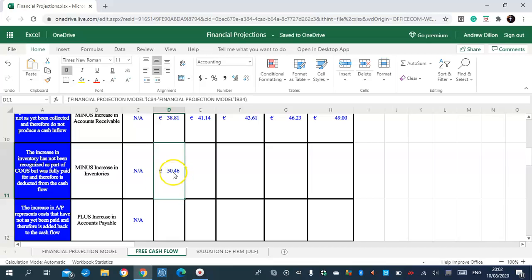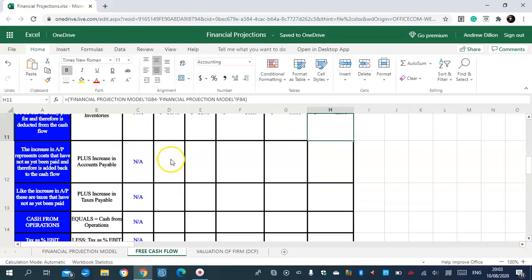The answer for the first one, for D, is €50.46. That's right. E is €53.09, F is $56.69, G is $60.10, and H is $63.70. Okay, next heading. The increase in A divided E represents costs that have not as yet been paid